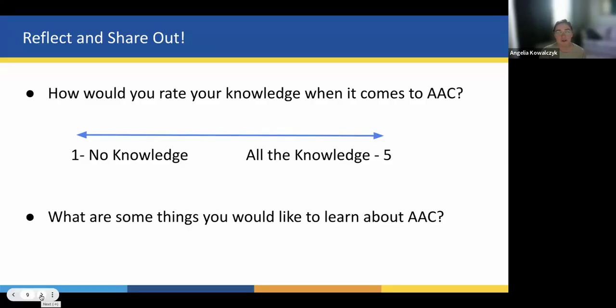So Hannah and I, in our work, we do get to work with different LEAs around the state, and I do feel, and Hannah, I'd love your thoughts as well, that AAC is growing and growing. We definitely see it a lot at our preschool levels that we work with, but it's definitely growing for sure, which is awesome.